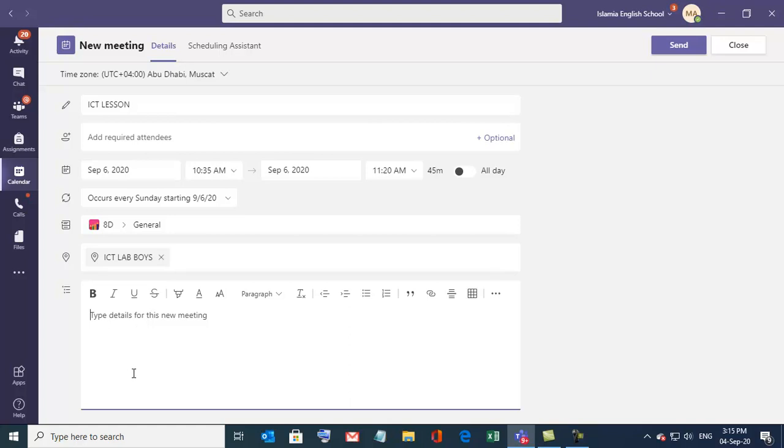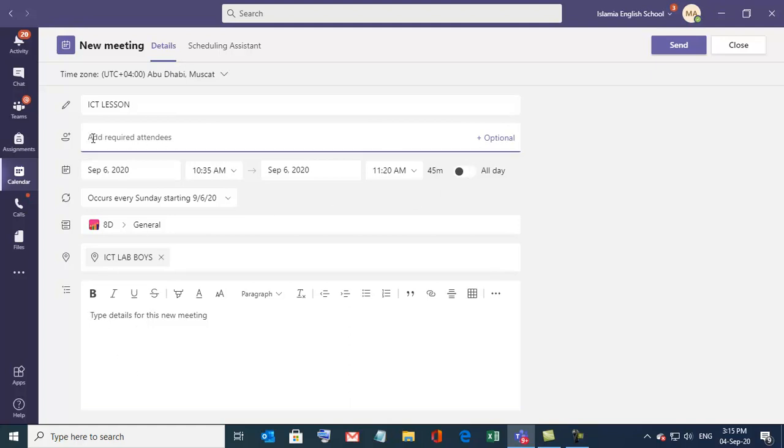Type here. Okay, and this thing is very important: attendees. You can add your top management contacts here so that they can observe you. They can enter your class.